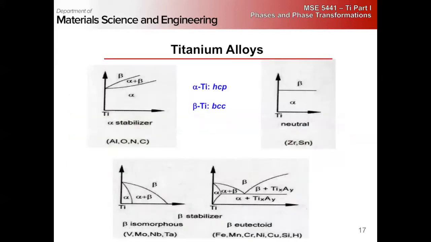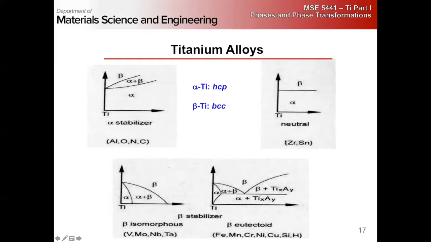And we can link different compositions to different phase diagram behavior, just like we did with steel. Normally we would have the transformation from alpha to beta just happen at the beta solvus temperature, and